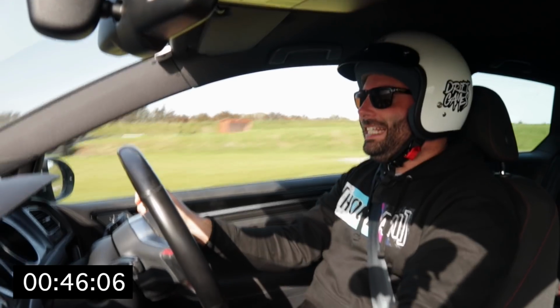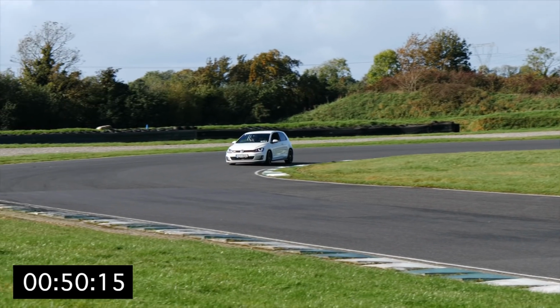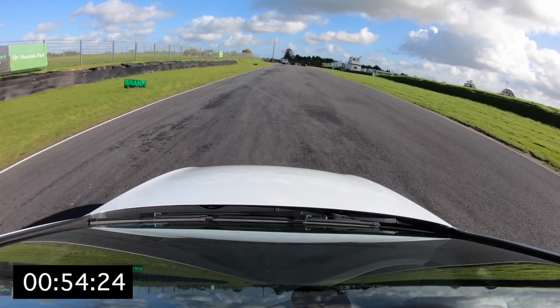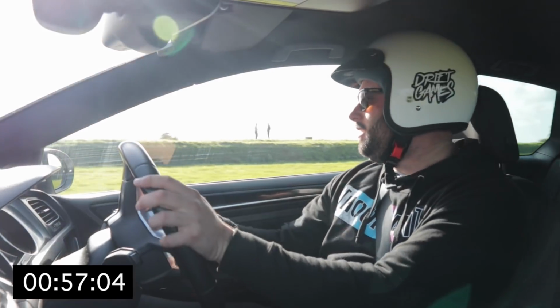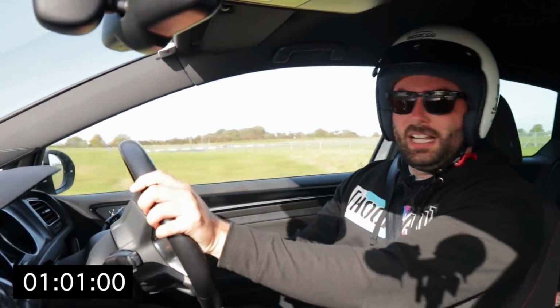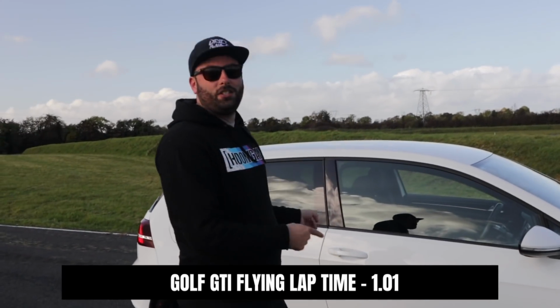Car absolutely nailed on these tires, and the lowering springs have definitely made a better job. Try and hit a late apex here. And then late on the brakes again. Turn it in nicely into this corner. And across the line. So we just did a lap of the international loop in the little GTI